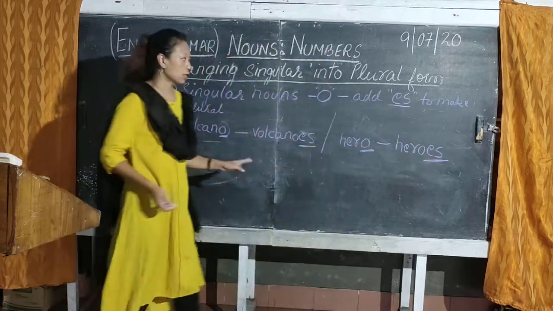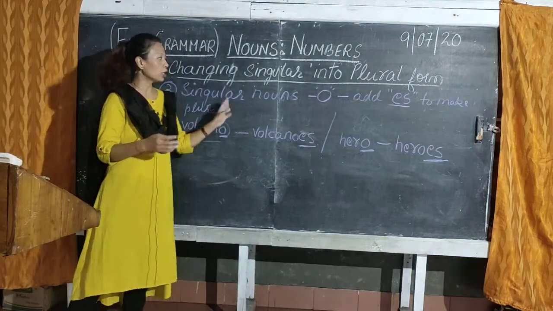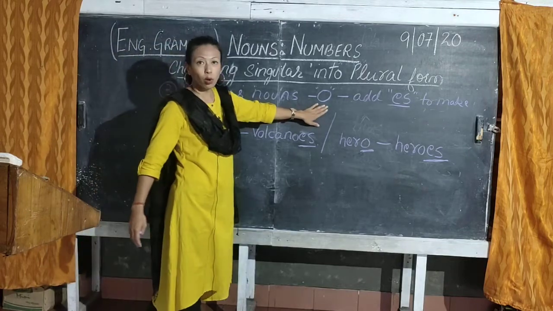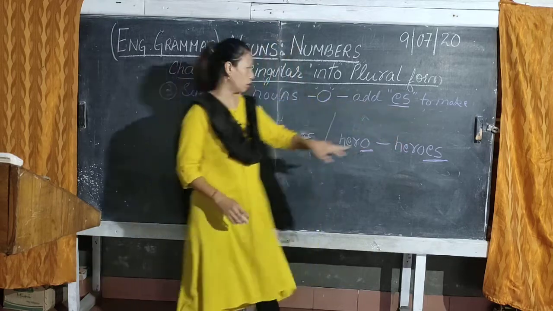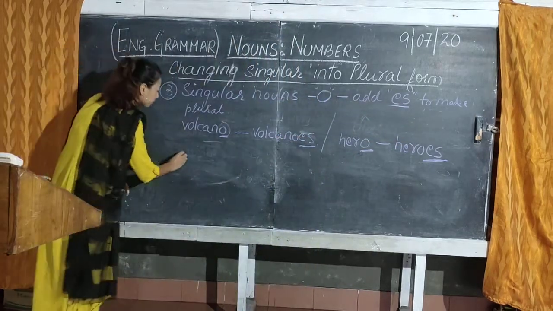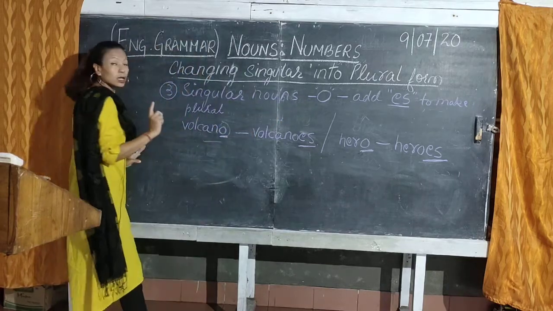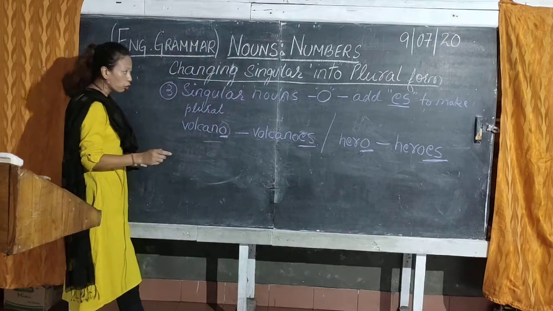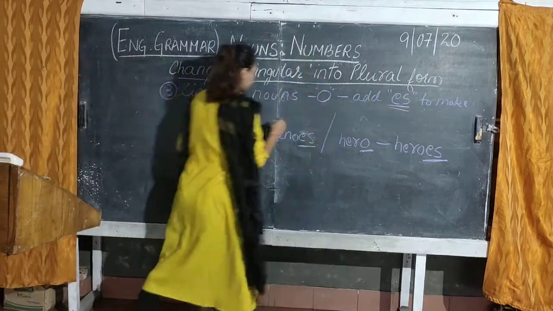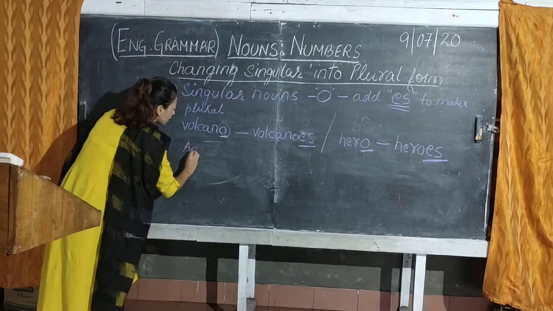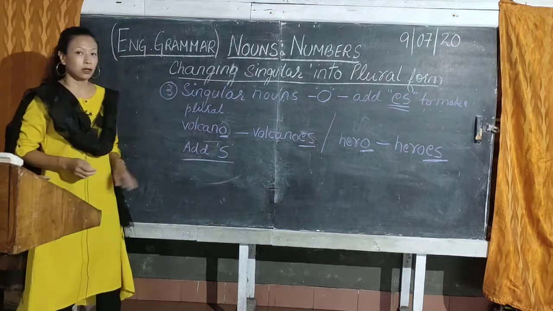So, that makes it heroes. What I discussed before going to this was that not all singular words that end with O have to be added ES to make them plural. So, we'll discuss that. So, the next one we'll do is for O, if any such singular words that you come across with O, some words are there, rather than adding ES, you have to add just S to it. For example,